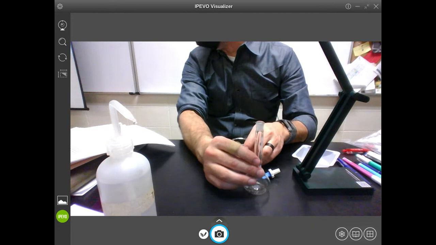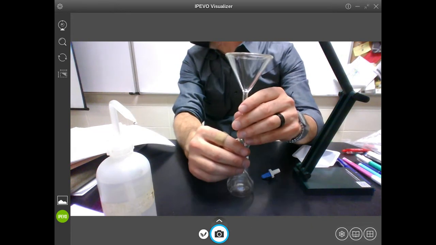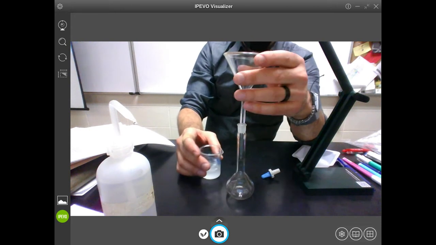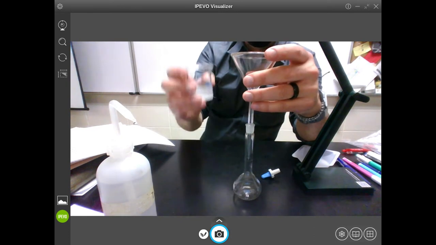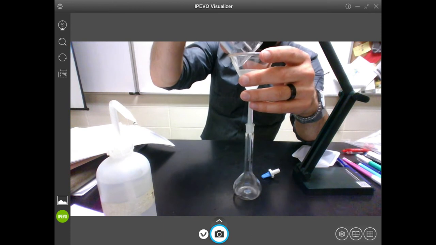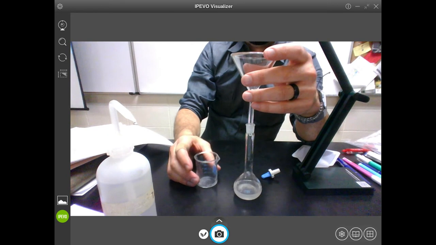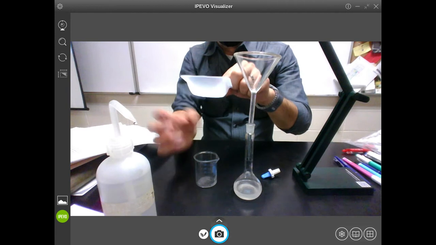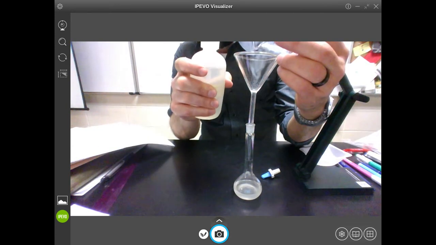solution to your volumetric flask using a funnel. You guys are going to be using the hundreds, which work a lot better with these funnels. I thought I had a smaller funnel for them, but this will be fine. So you transfer it to the flask, and then basically you're going to do the same thing that you did with the weighing tray and the beaker, which is use the DI water